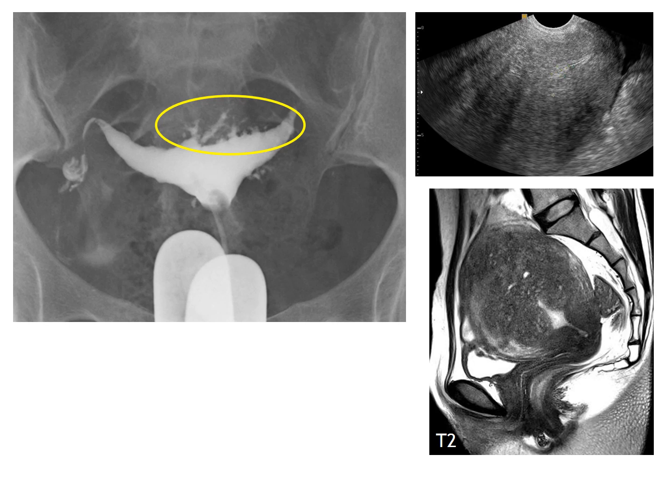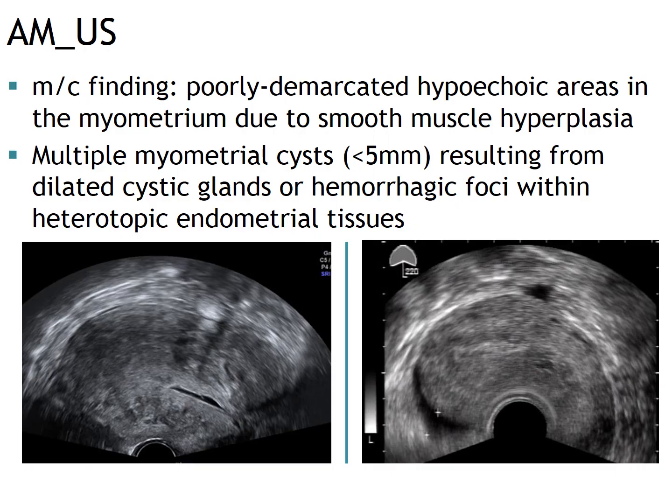Ultrasound and T2-weighted MRI of the same patient showing diffuse enlargement of the uterus due to thickened myometrium. High-intensity foci of ectopic endometrial tissue and the surrounding extensive low-intensity at T2-weighted MRI due to smooth muscle hyperplasia and fibrosis. Most common findings of adenomyosis at ultrasound is poorly demarcated hypoechoic areas in the myometrium due to smooth muscle